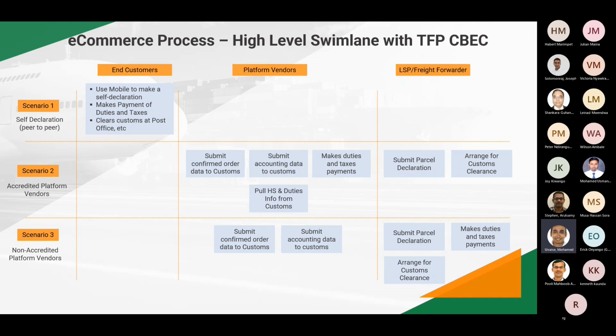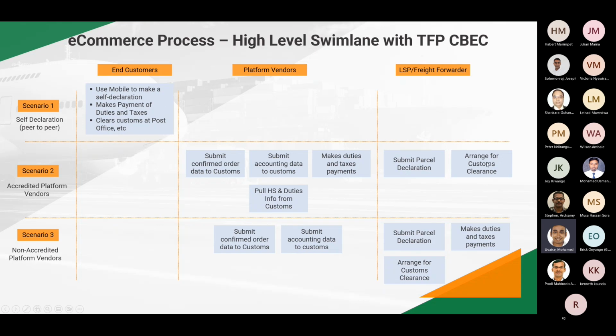And of course, they would need some kind of a facility to pool HS codes and so forth, in case they need to collect duties and taxes. And the LSPs would be involved in submitting the actual CN22 or CN23 types of information. We have a specific e-commerce data model in place in the solution, and they could submit that information